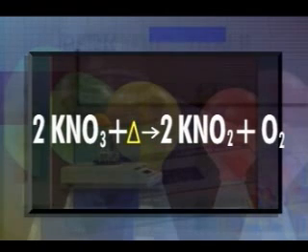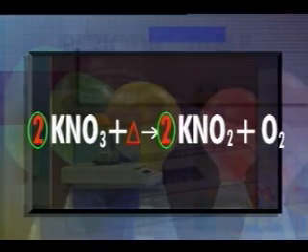This is a chemical equation for the decomposition of potassium nitrate. The symbol delta signifies that heat is applied. The numbers placed before the chemical formula